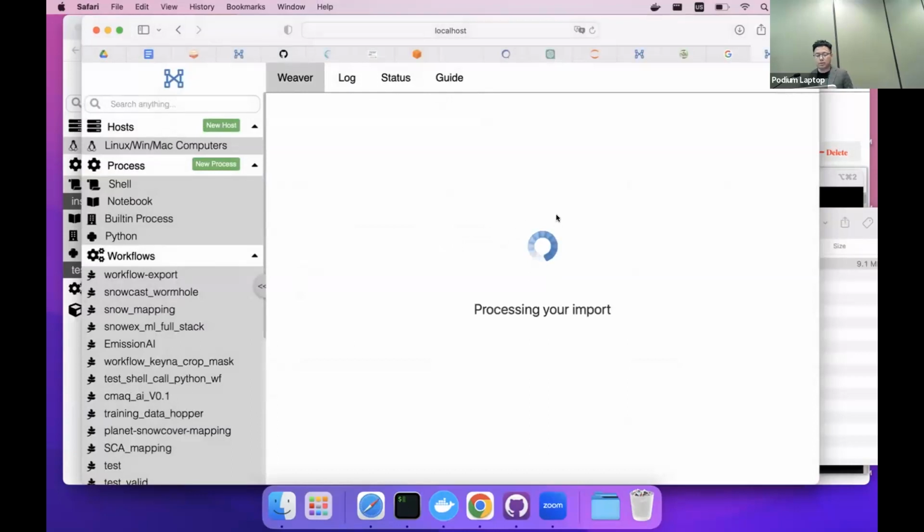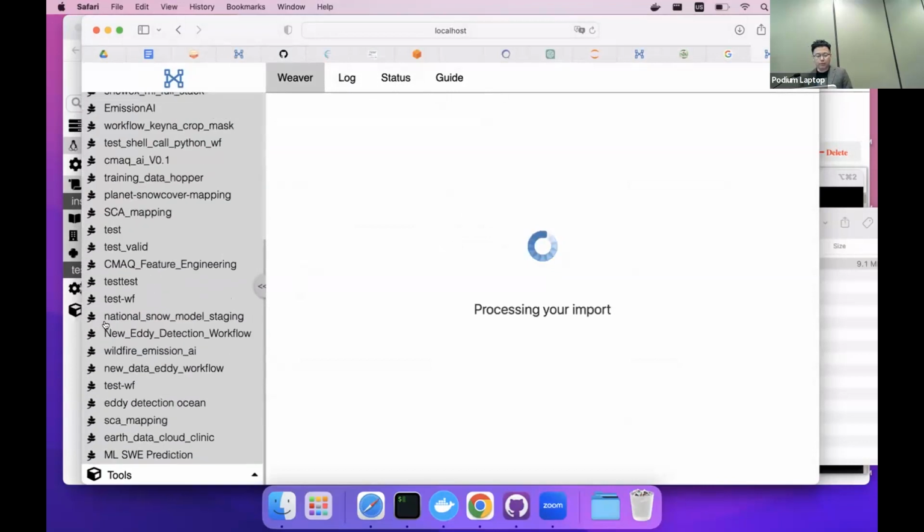So what it is doing here is importing all the history from your previous workflow and source code. Once it's finished importing, you will see everything the previous person has done, including the code, the history, and the output. So you can continue. Even if the environment is different, you just continue based on the previous person's work.